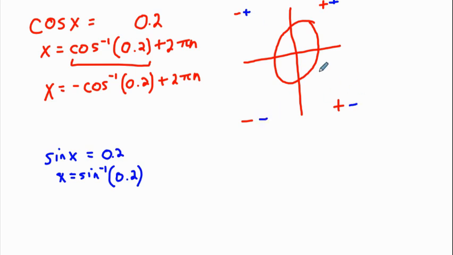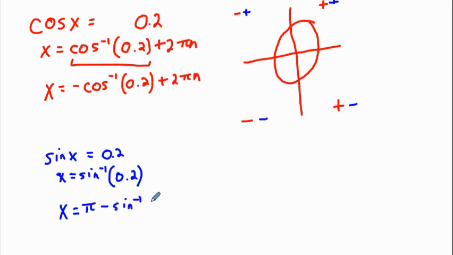for sine. Now, because it's positive in the first and second quadrant, the problem is not as simple as just applying the negative in front of the second solution. But remember that our inverse sine only applies to the first and fourth quadrant, and anything we've got here will also reside here. Okay, now this is seen as negative pi to pi. So this will be seen as also negative pi to pi, but in the opposite direction. So what we're going to do to find this is we're going to take x equals pi minus